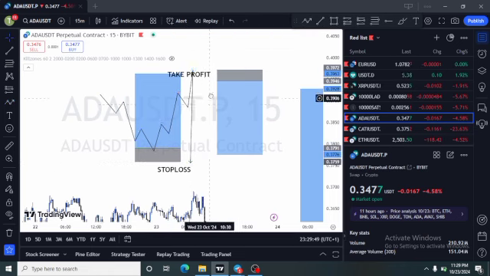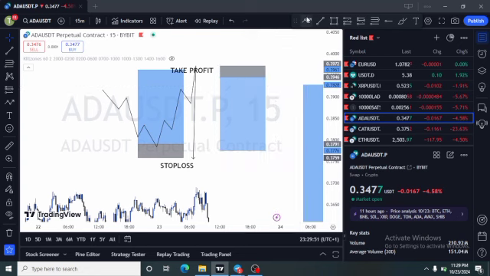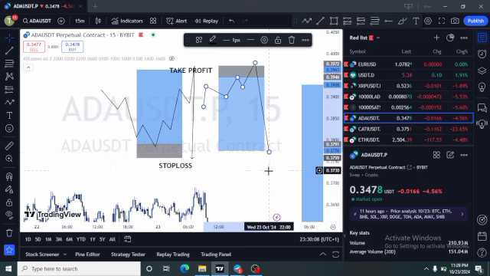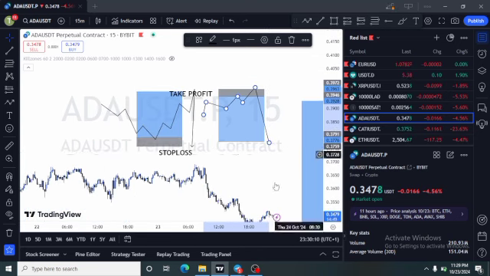In this case, I am predicting that when the market goes as high as here, I enter the market, and if it goes as high as here, I take a loss. But if it goes as low as here, I take a profit. So that is all on how to read a signal.